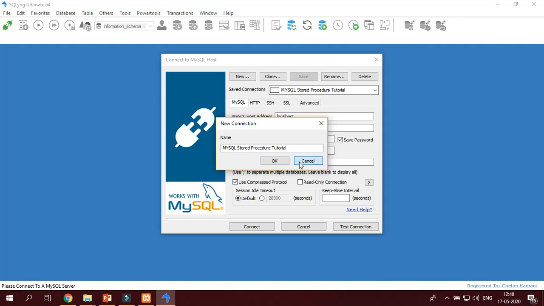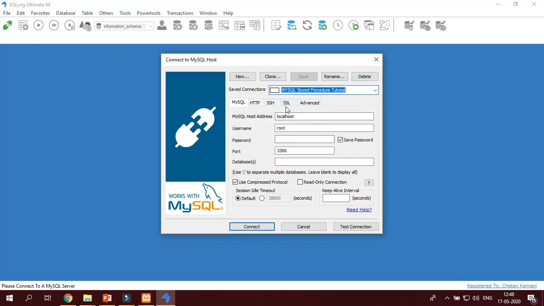It already exists because I have already written it over here. Then click on MySQL. It is the MySQL host address. It means I am running a XAMPP server within the same computer in which I am running SQLyog, so I do not need to type the IP address of any other PC. So I have to write localhost.